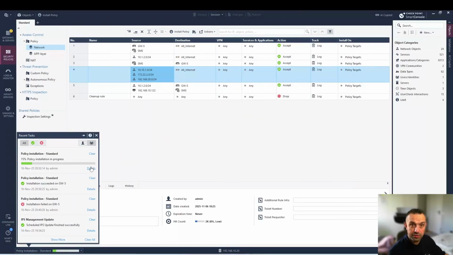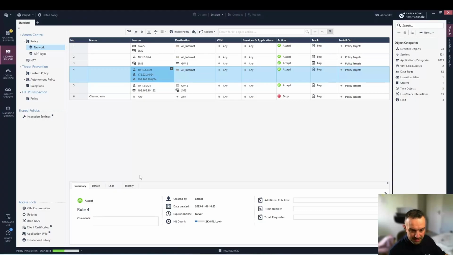I just want to show you how this defined by routes is working. And this is the best example because you need to have a router behind your gateway to see this in action. So we have created a new network that does not have anything with the gateway. So we have a new network and a new interface on the router behind our gateway. And when we have defined by routes, directly when the gateway gets a static route that,